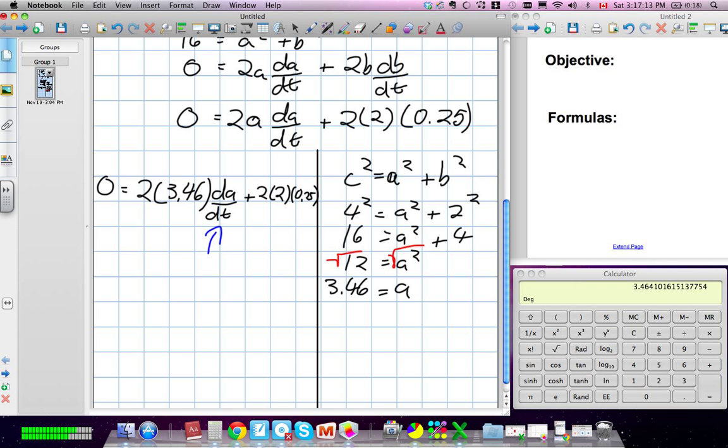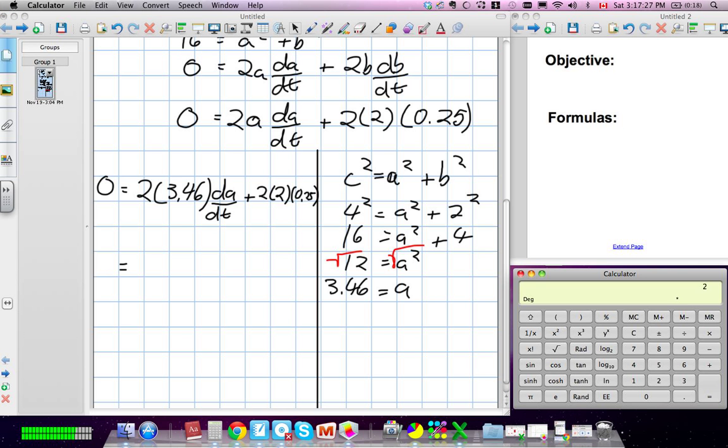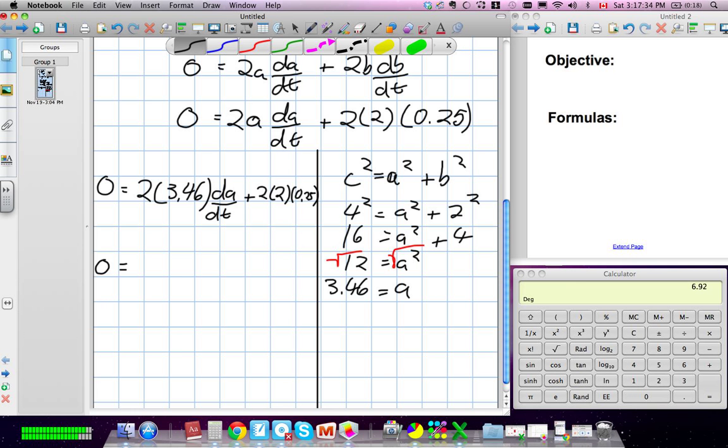Because we only have one equation, we always want to break whatever we're working on down into one variable, because with one equation we only have enough information to solve for one variable. So now that we've done that, it's as simple as setting out the rest of the algebra. We're going to end up with 2 by 3.46, 6.92. So 0 is equal to 6.92 times our rate of change of A, how fast this ladder is coming down the wall,